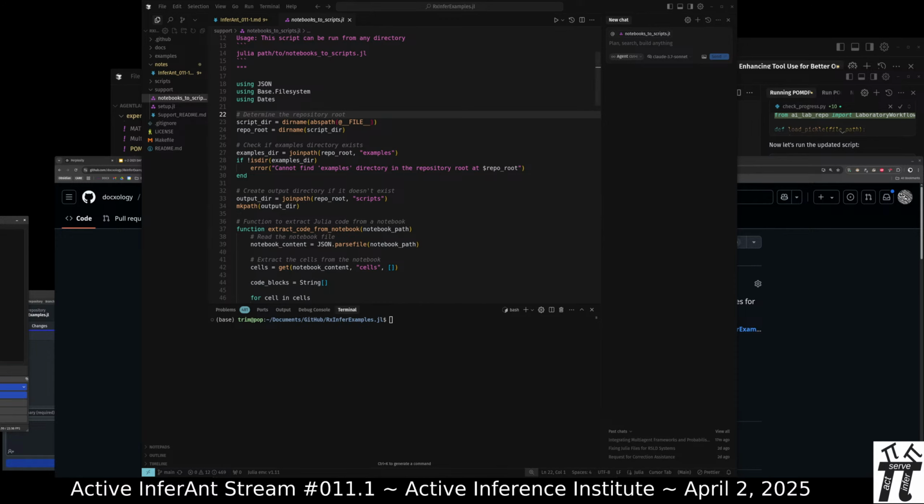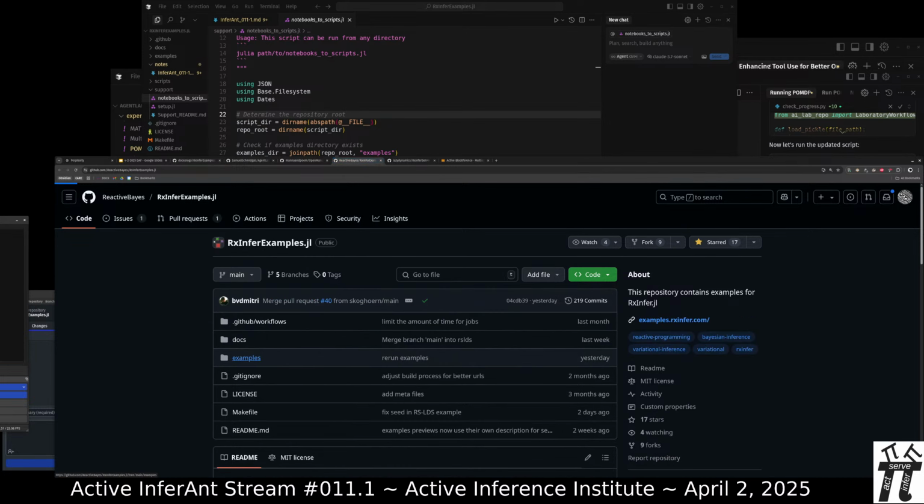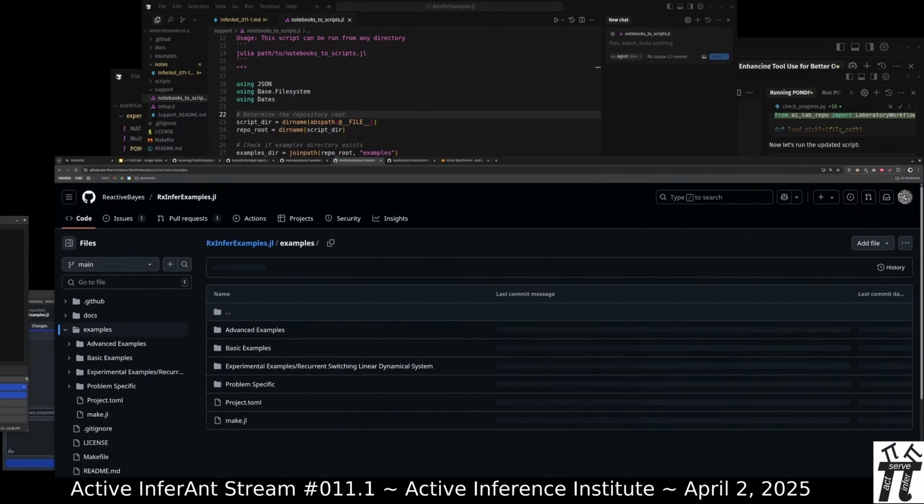So this can be run from here with Julia notebooks to scripts, the file name, Julia space, the file name, and takes the documents that are in the original repo, the examples folder.